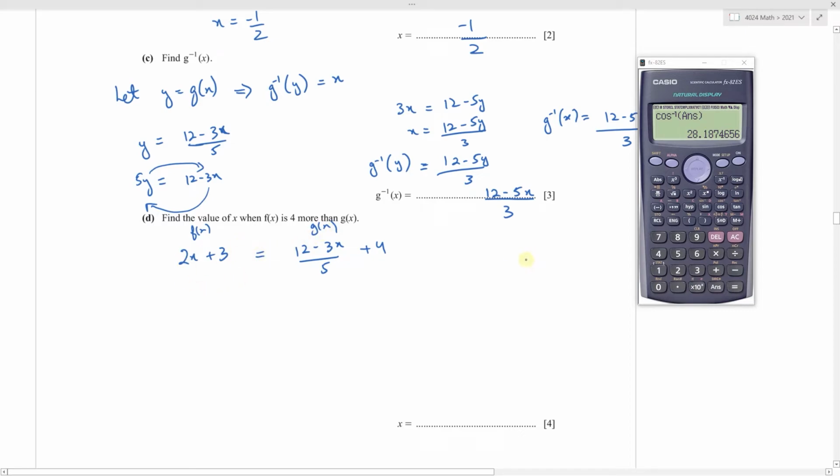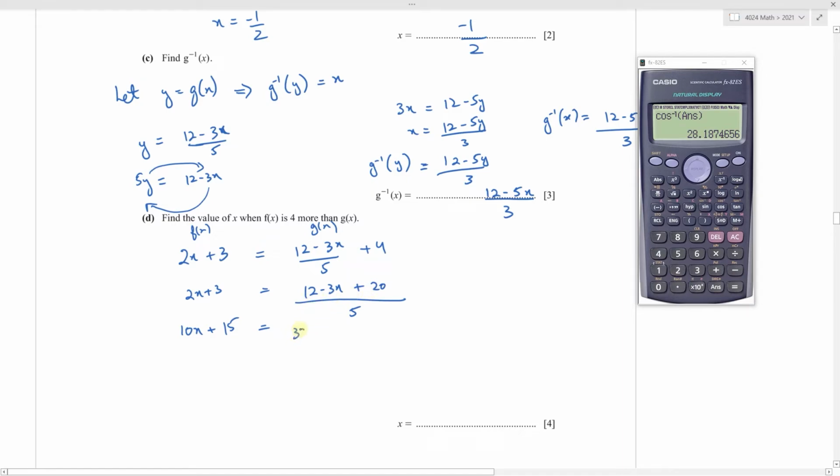Now they are equal. It's similar to saying you have 12 and 8. So 12 is 4 more than 8. So to make them equal, I will add 4 here. So this will become 12 as well. So now let's solve this equation and find the value of x. Let's take the LCM on this side. So 2x plus 3 will be 12 minus 3x plus 20, since this is 5, so 5 will be multiplied here. And let's bring this 5 to this side. So this will become 10x plus 15 equals